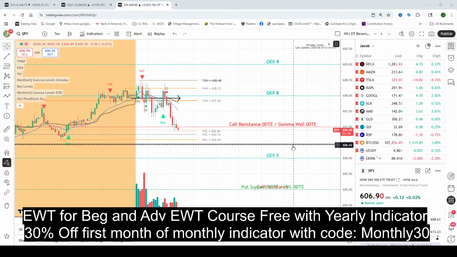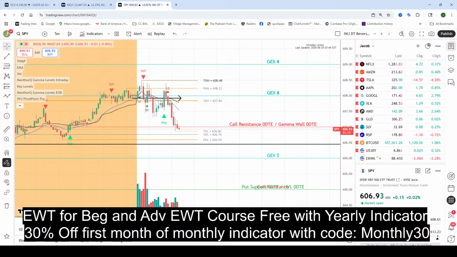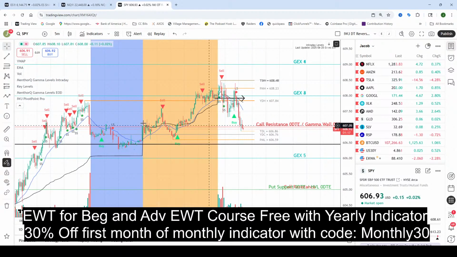Slowly dripping down to the close from yesterday and the pre-market low. A lot of support here. You've got the call wall. You've got overnight support in this area as well. You've got yesterday's close in this area. You've got the pre-market low in this area. So a lot of support